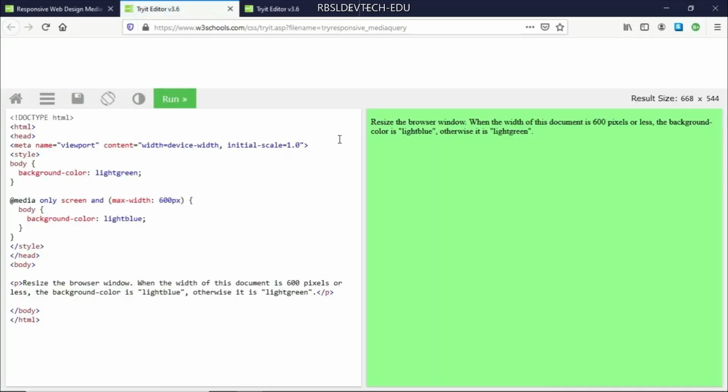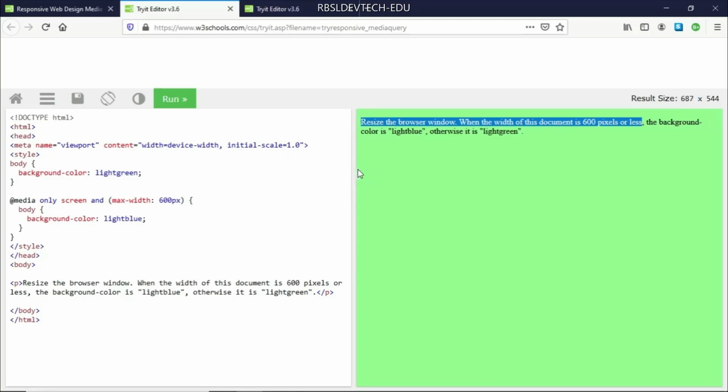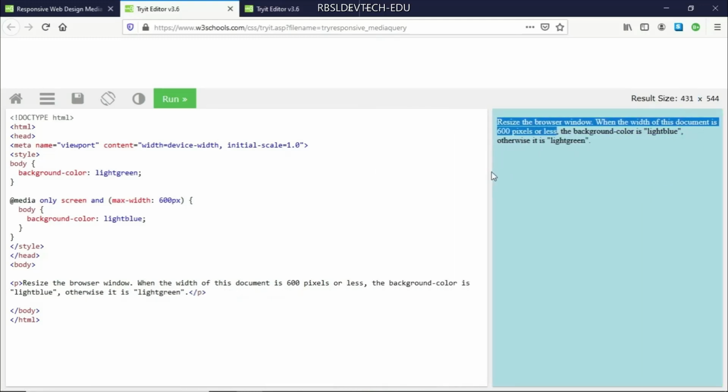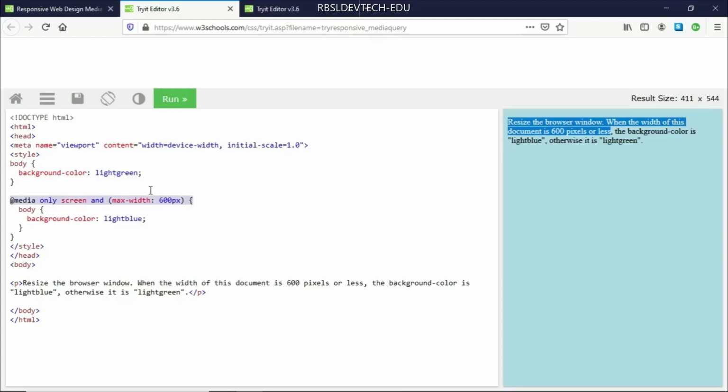So if we try to look at the website that we have here, you would see that it says, resize the browser window. When the width of this document is 600 pixels or less, the background color is going to be light blue. Otherwise, it is light green. Right now, it's more than 600 pixels as we can see here. And if I try to resize this, you would see that the screen has now changed to light blue. So that's the idea of only screen and max-width of 600 pixels, because we are building from